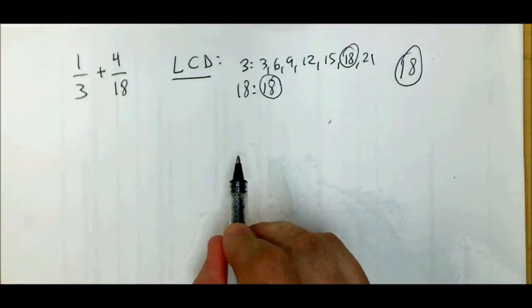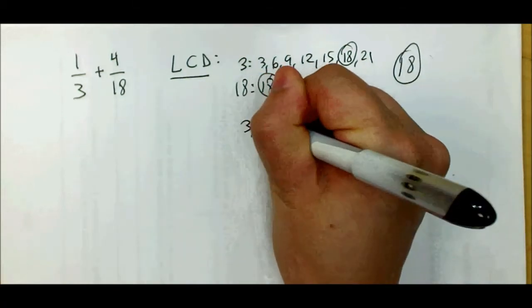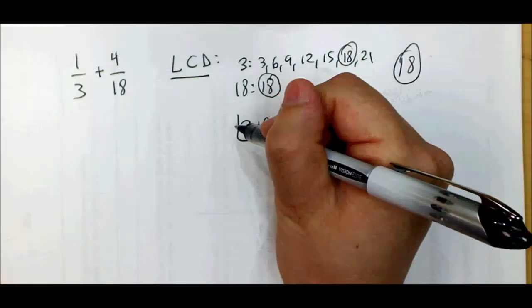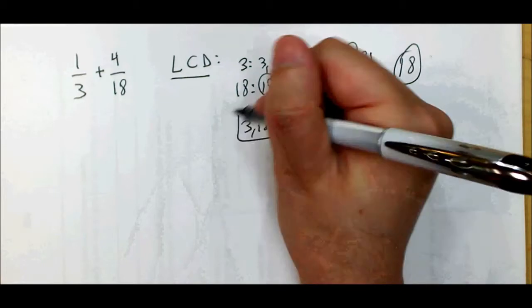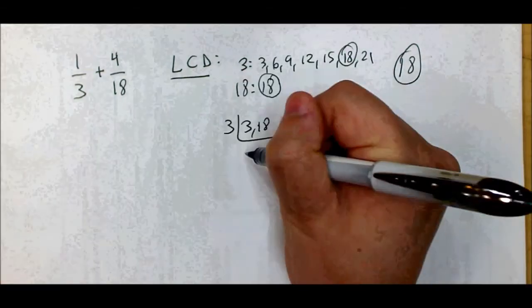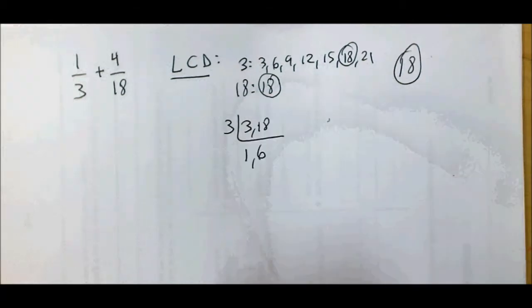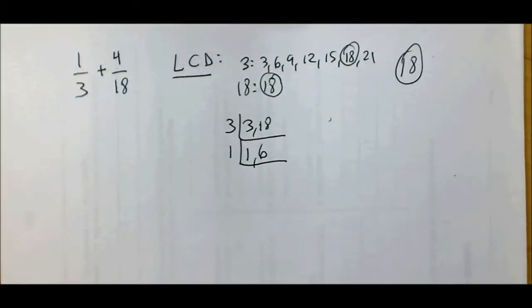Another way to find the least common denominator is the ladder method. I take my two denominators, I put them in a bracket like this, and I see what I can divide both of them by. These are both divisible by 3. So 3 divided by 3 is 1. 18 divided by 3 is 6. And I put another bracket here. And 1 and 6 are both divisible only by 1. So what I do now, and I'll use a marker to really illustrate this,